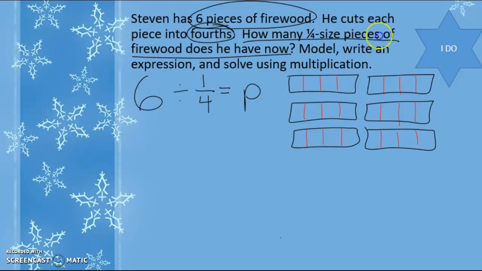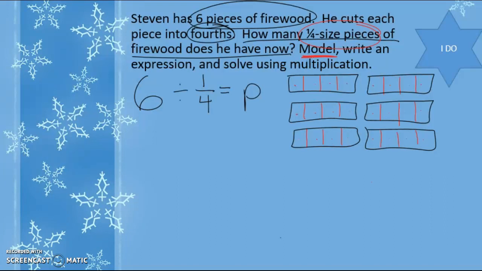How many 1/4 size pieces do we have? 1, 2, 3, 4, 5, 6, 7, 8, 9, 10, 11, 12, 13, 14, 15, 16, 17, 18, 19, 20, 21, 22, 23, 24. Now, I've counted that I have 24 because we said to model, but I could also use